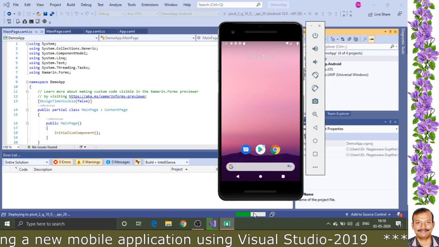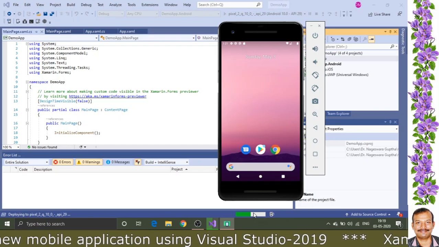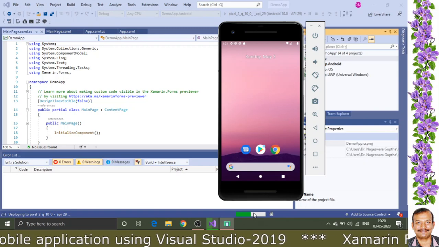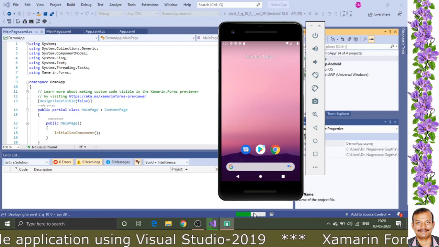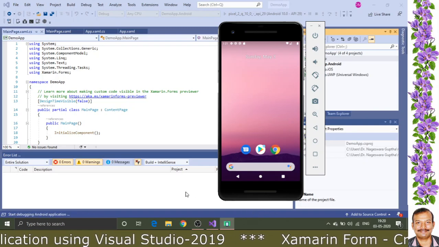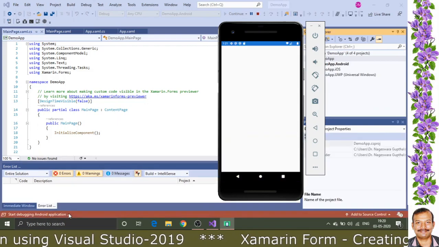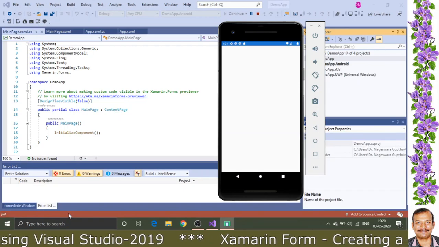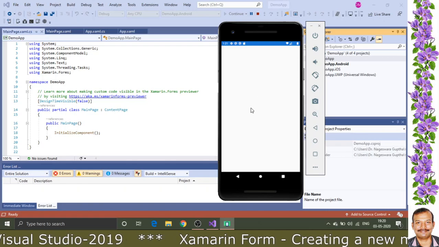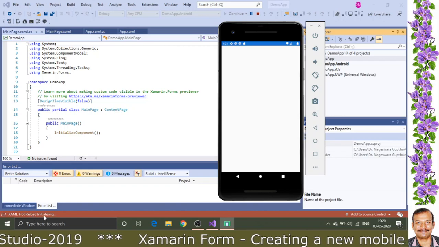Now after this, I will change the text of this particular label, the text that we have seen, Xamarin Forms first application. After that you can run and see how fast the deployment happens. See, now the deployment is completed. Now it will start debugging the Android application, and then it will be loading that particular file. Now you got your output, and the label has to be displayed. Now the background is fixed. Slowly, see here it is saying XAML hot reloaded.